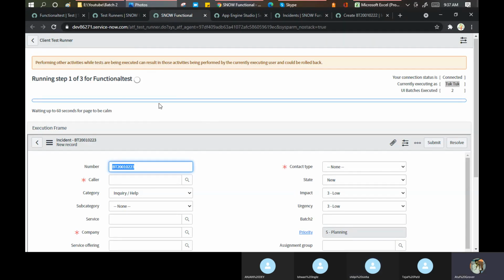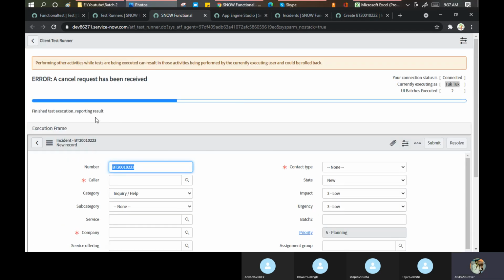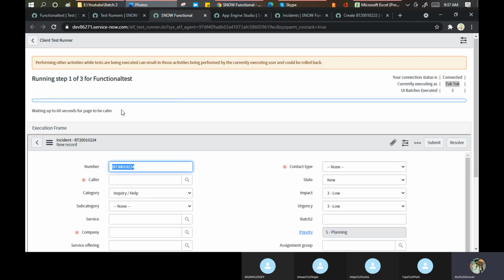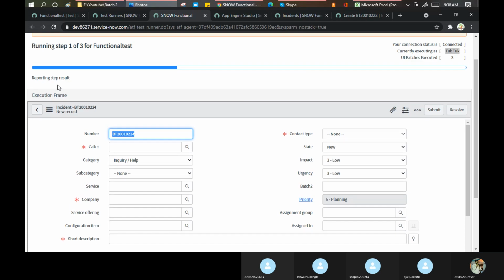Okay, it's running. One more important point is that if it is not working properly, you can put a timeout as well. After 60 seconds, if it's not responding, cancel it. You can take care of that too. Setting field value. Hope everything goes fine. See, the caller is still not being set. Maybe it will come automatically when we save it.